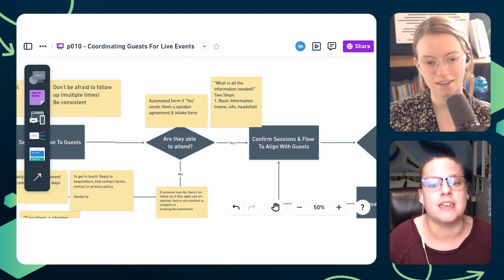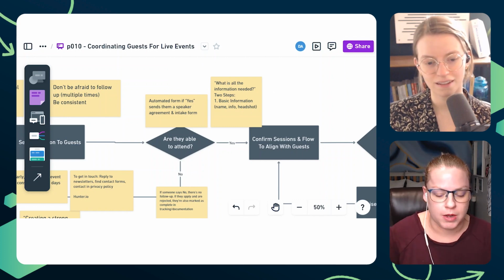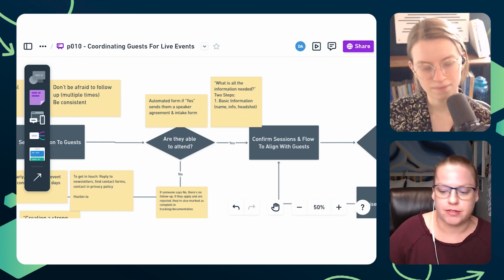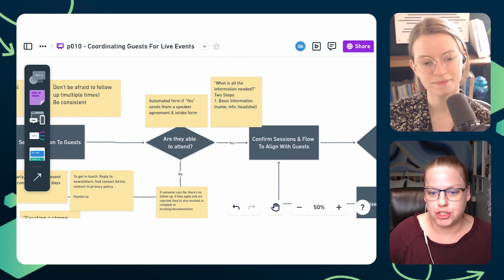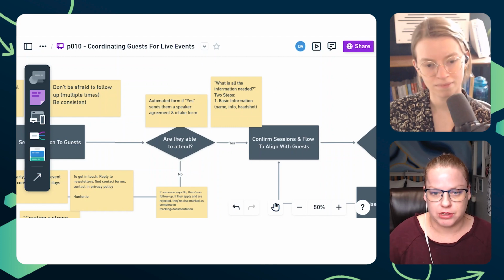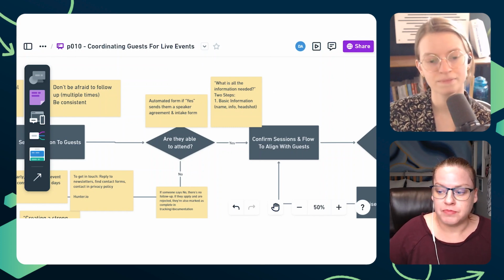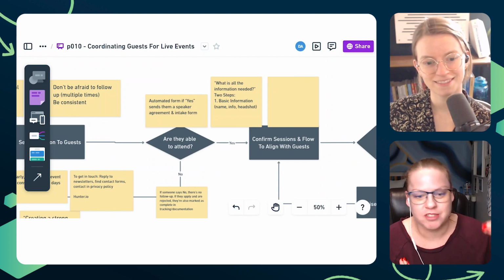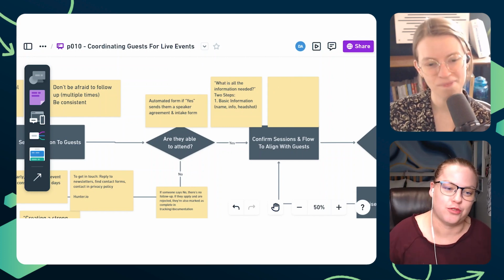I asked for a tentative session title in the initial one. It doesn't have to be a finalized one. You don't have to have recorded at that point. It should take them 15, 20 minutes max to fill out that form. And if they have everything ready, like I personally have a text shortcut for all my different versions of my bio, so I can fill out those forms real fast.